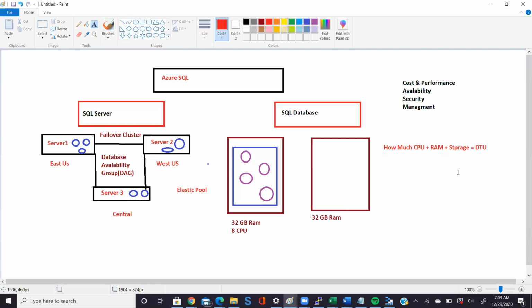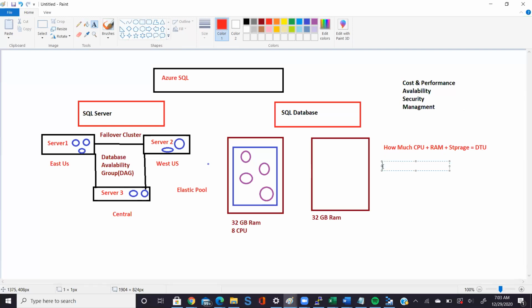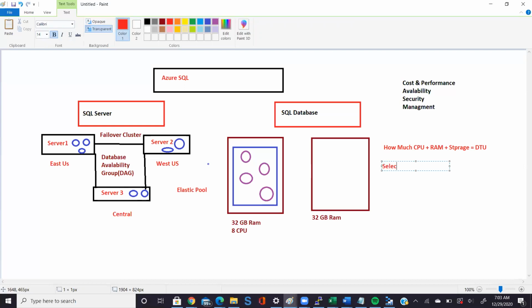What is it called? Data transmission. So for example, you run a query, select star from EMP table. Now let's assume that this returns 5 rows.